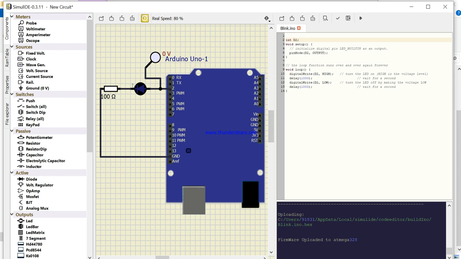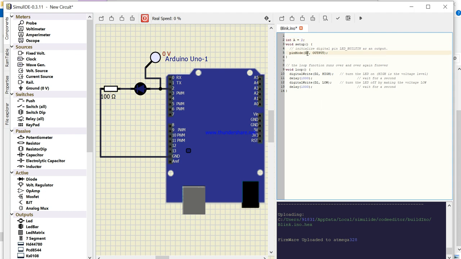So how can I take the output from this platform? Let's check. Stop. Let's slightly change this. I am taking A equal to 2.